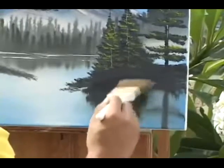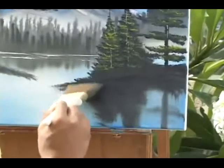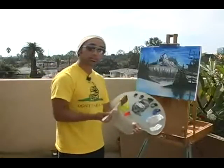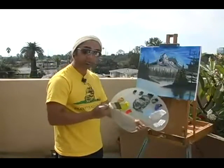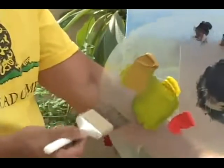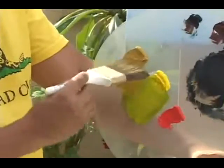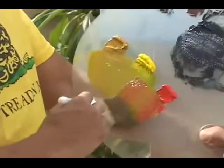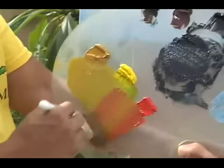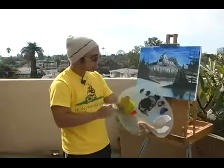Just basically punch in the rest of this landmass right here. Okay, now just like the trees, I'm gonna take the 2-inch brush, dip it in a little paint thinner, and we have that dark color on the 2-inch brush, and we're gonna mix it with this cad yellow. Also, we have these other colors down here. We got yellow ochre to the left and some bright red also. And don't be shy, just start playing around with these colors, and you're gonna get these great, fantastic colors to